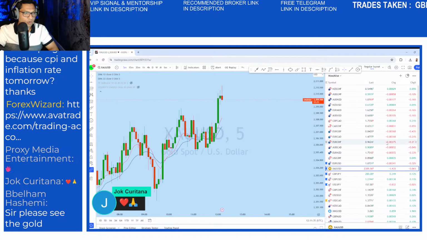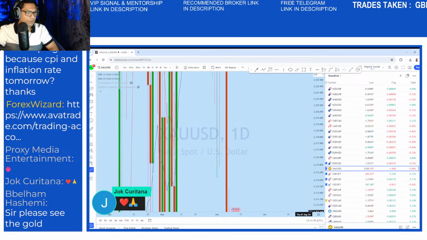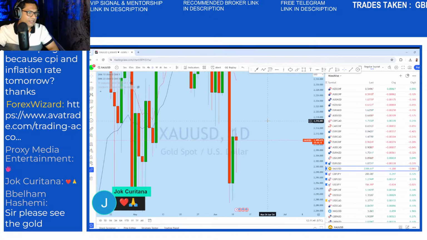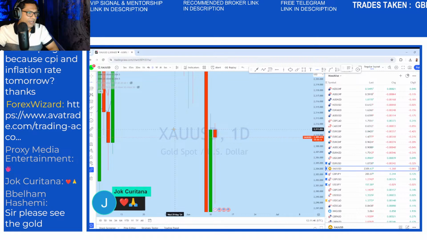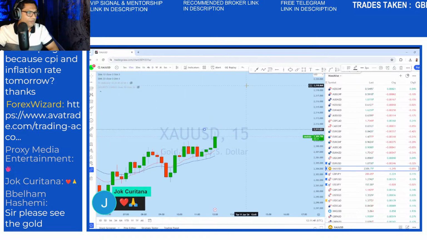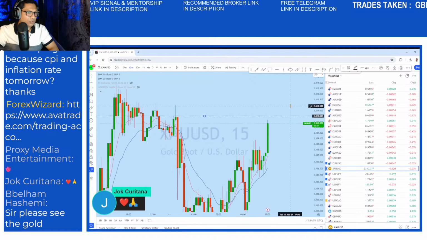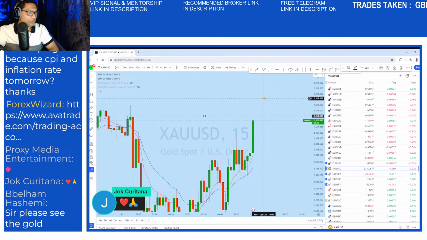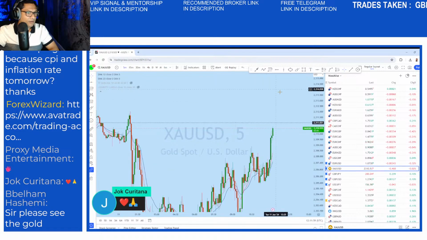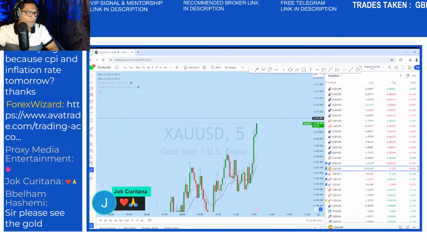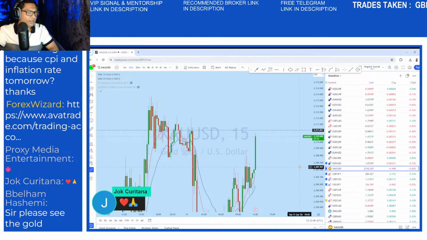Okay, let's look at the gold here. What's happening with the gold? Are you guys with me? So you see that gold has tested the daily resistance. On the 15 minutes, the market has reached that daily resistance zone, expecting it to break above now, which we might see eventually break up that high and then to drop.